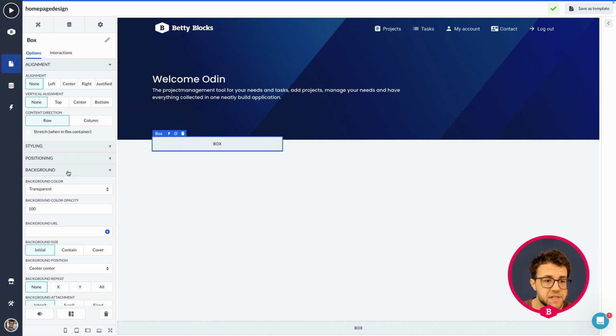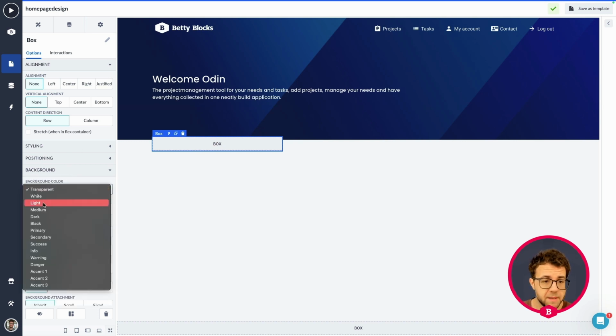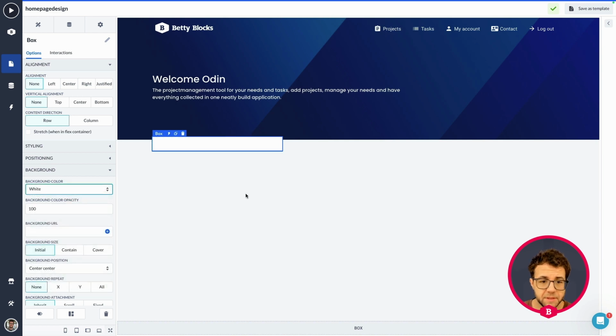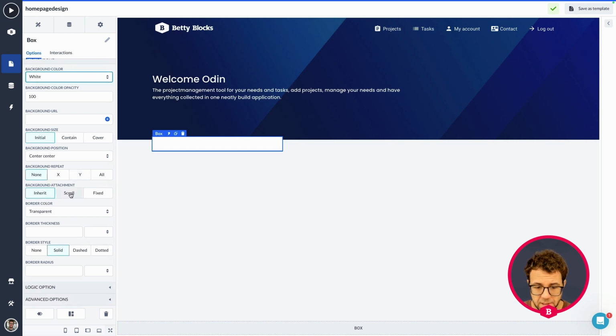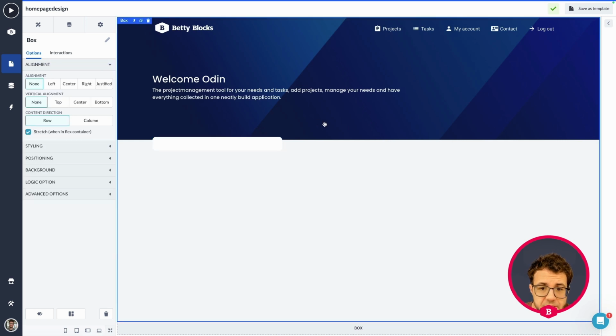So first, let's change the background color of our main box to white. Give it a little bit of an offset compared to the rest that we have around it, and we're going to give it a little bit of a corner. We can do that by changing the border radius to a set amount of pixels. So let's do 10, and then px. And as you can see, if I click away here, we can see that it's getting a nice little